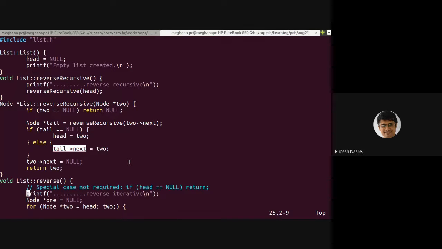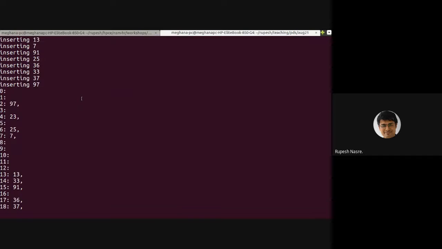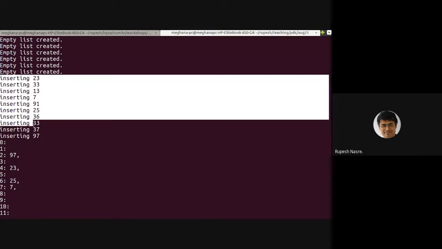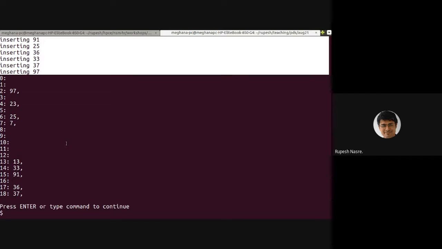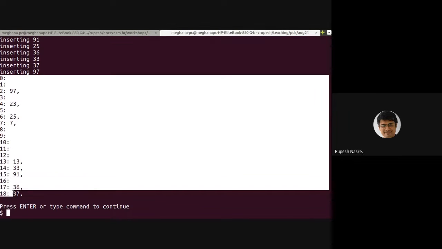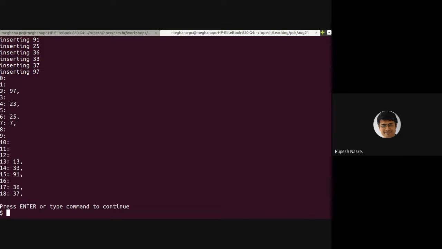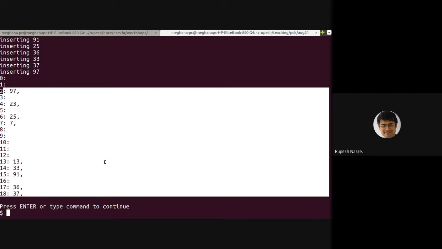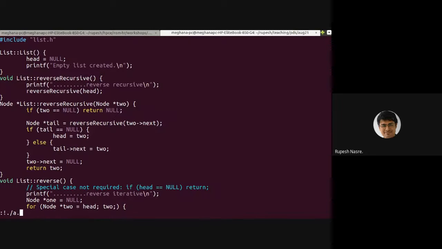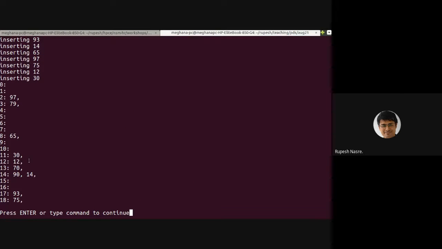All right, so it printed this part, then it inserted some 10 elements randomly, and then it tried to print the hash table entry wise. So 0 to 18 entries, and in each list, the elements that are present got printed, right? In this case, we were very lucky. The elements were such that there was no conflict. Does that repeat? Well, let's see. If we are lucky the second time, no. There is a conflict here, and those get inserted as multiple elements into the list. All right. Any questions on this code?